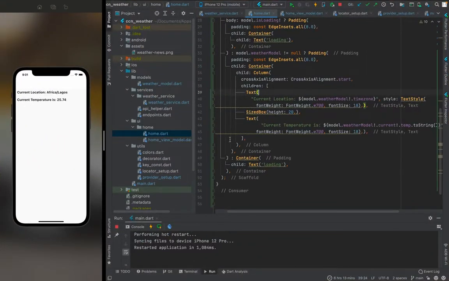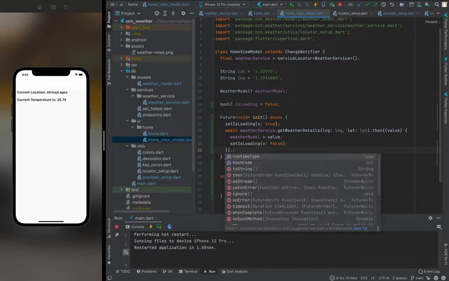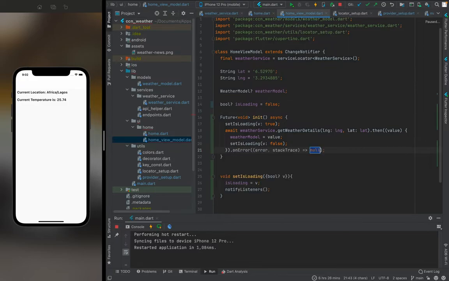So for you to easily know where there might be an error inside your services, there's an onError function that is provided for every future call. Every future call has that error callback, so you can use this and then you try to